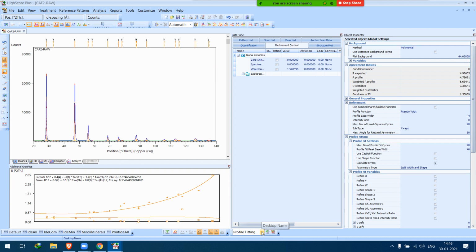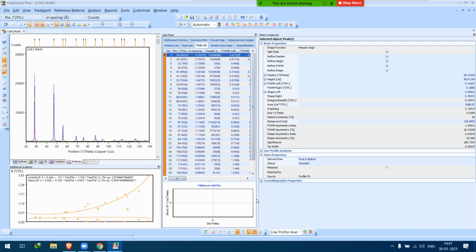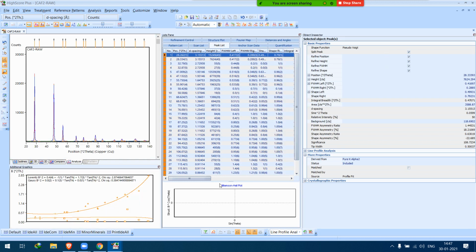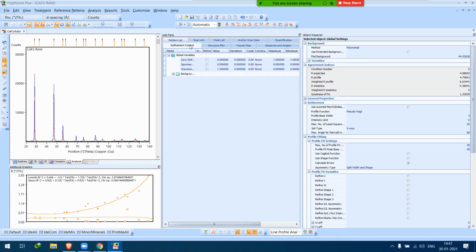So now I'm switching the desktop from profile ID to line profile analysis. Okay, let me check refinement control.